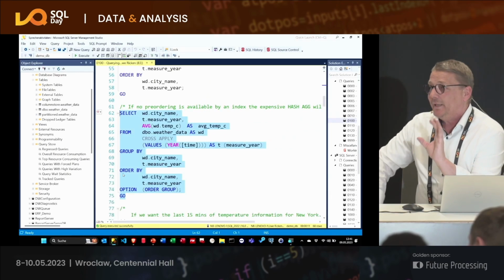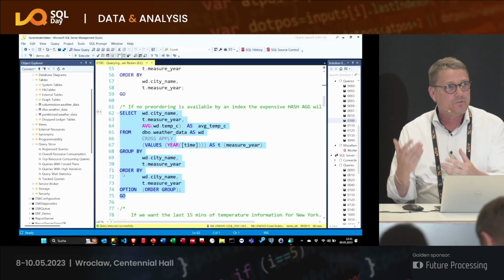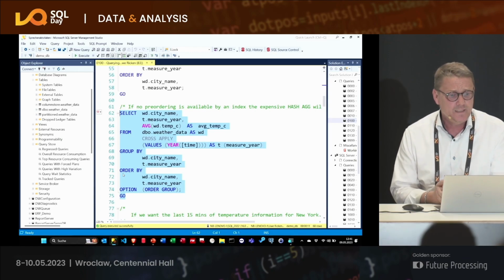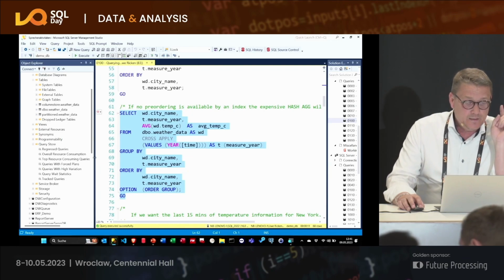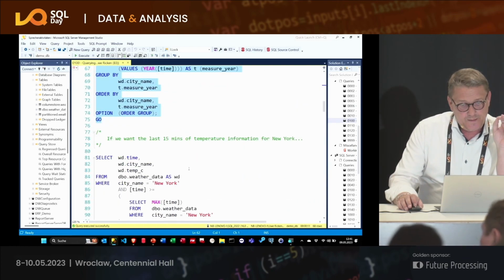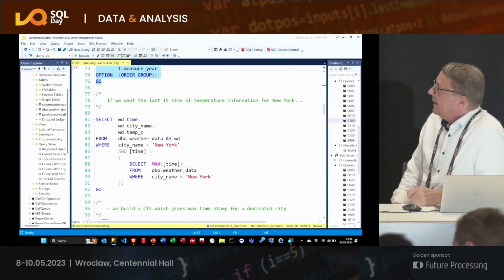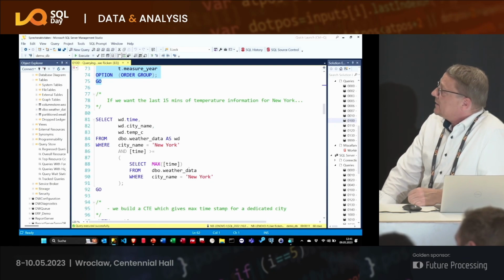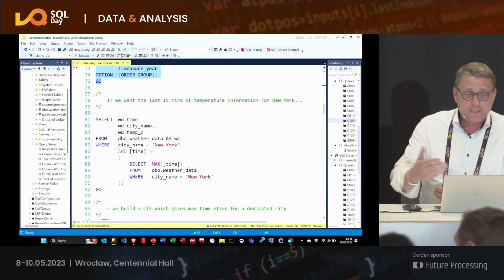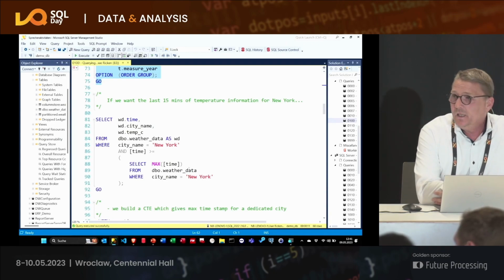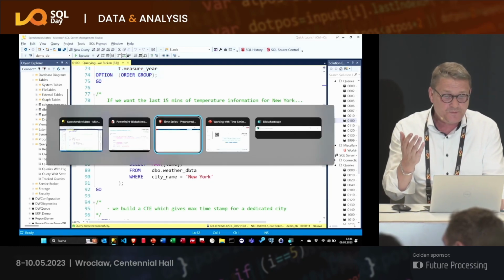You see, with 2015 or 2019, we had a few problems with the aggregation part. And Microsoft listened to that. But before we come to 2022, let's see how we were solving these kinds of queries. That looks easy. Give me, for the last 15 minutes, that is a typical thing. For the last 15 minutes, the temperatures for New York City. That's exactly the same as in my website here.